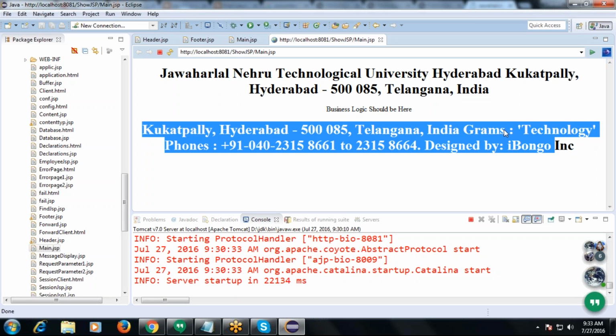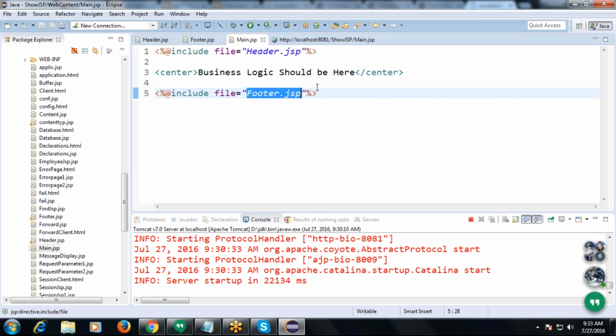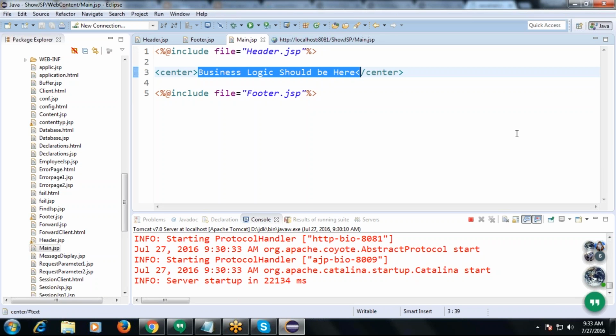And what about the main content? Even that can be written in HTML, right? No, that should be JSP because business logic should be associated with JSP only, right?